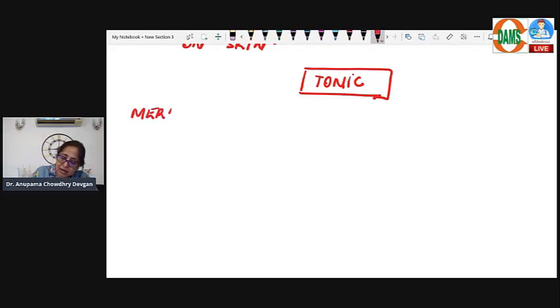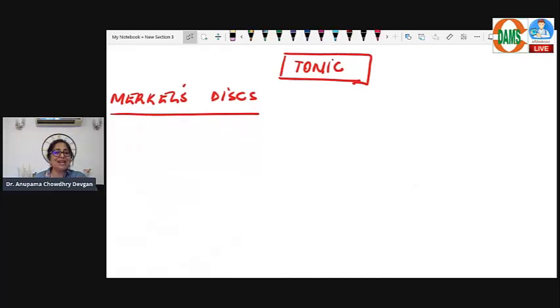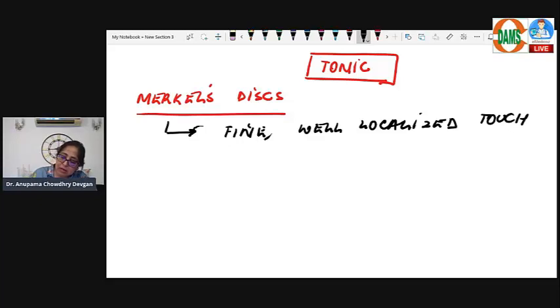Merkel's discs have similar functions to Meissner's corpuscles. Merkel's discs are meant for fine, well-localized touch. These are also meant for texture